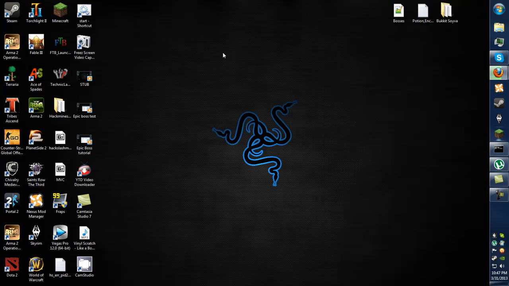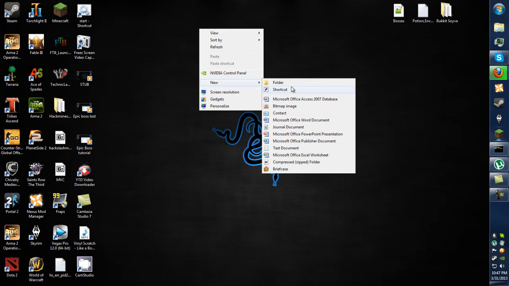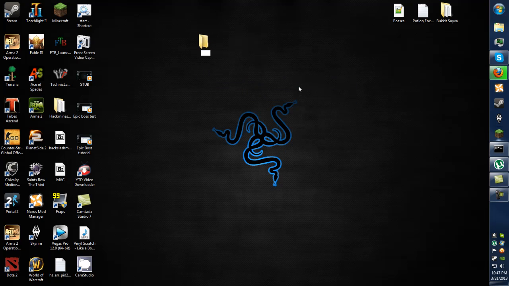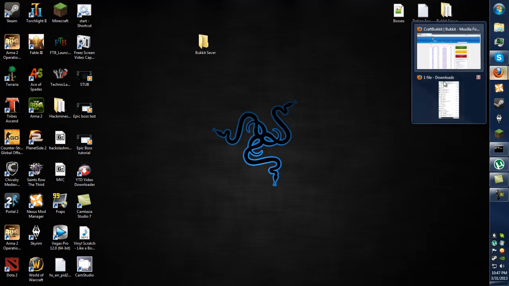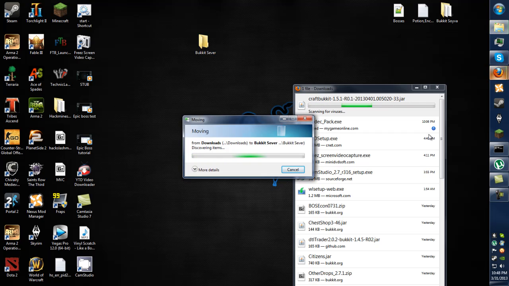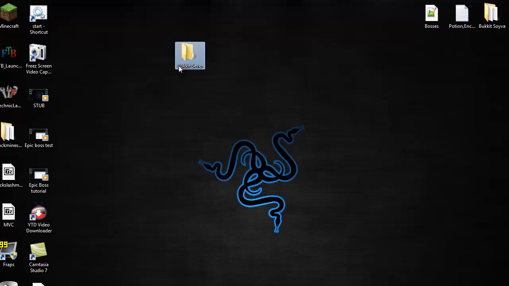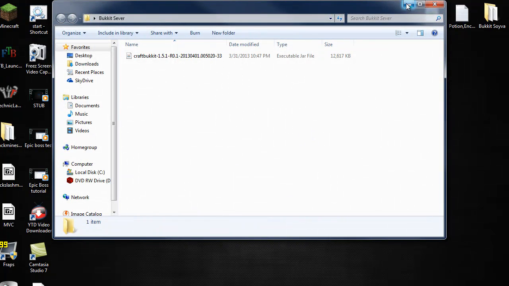While it's still downloading, you want to right click on your desktop and then select new and then a folder, and you want to name it whatever you want. We'll go back to your downloads and drag and drop the CraftBukkit server into your CraftBukkit server folder. Now in here, you don't want to open it, you need to create a .bat